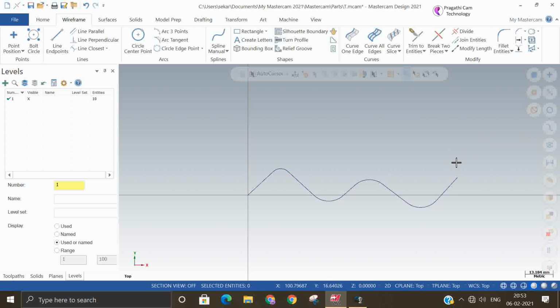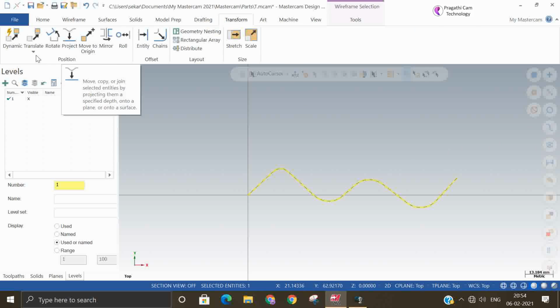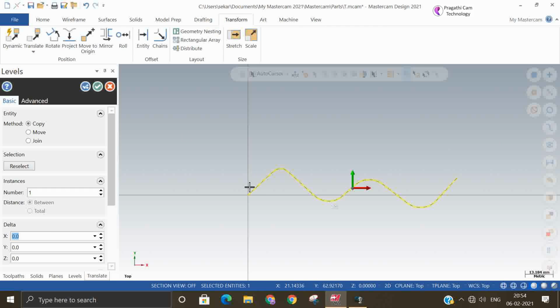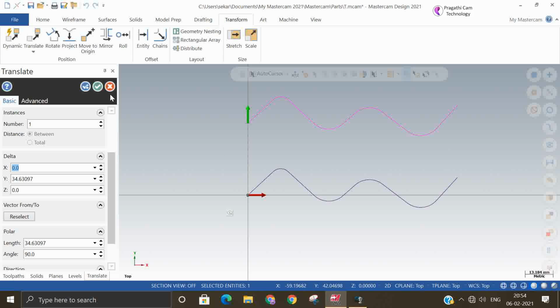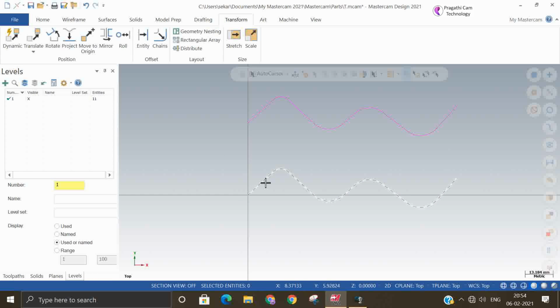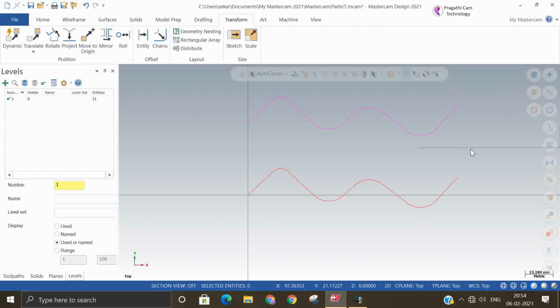You can select only the spline and translate. Okay. So in order to show the difference, that's the thing, nothing else. Vector I will select from this point to this. The arc and line are not deleted. You can see this line, the bottom one is line and arc, and the top one is a spline. Okay. If you want, you can analyze and see that.